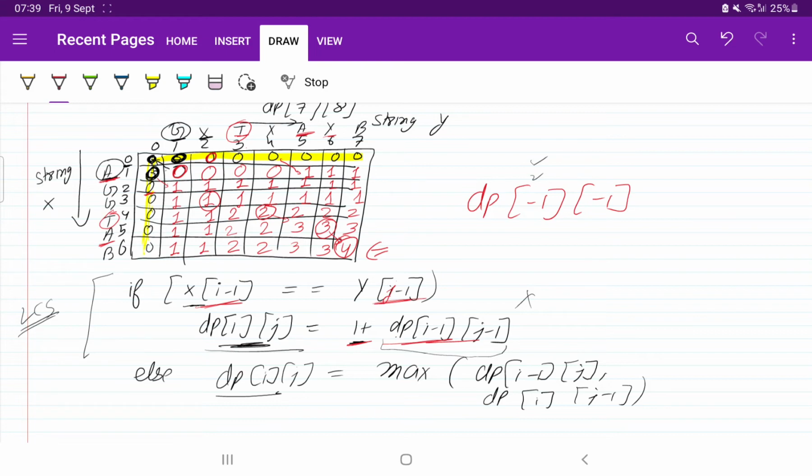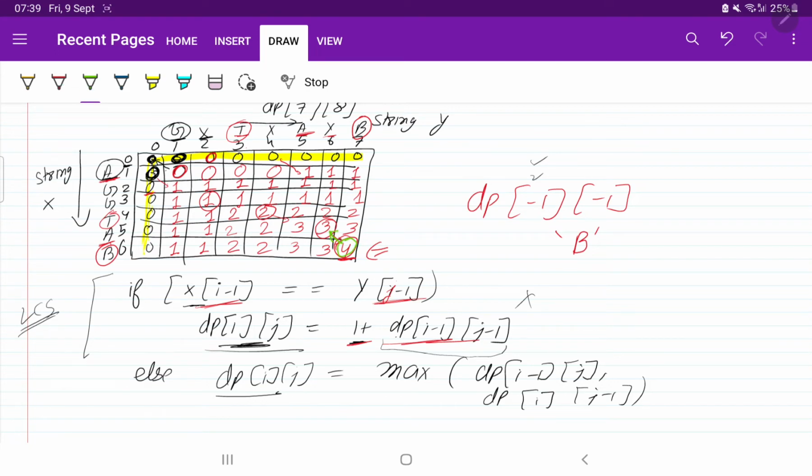So what we are going to do this time, we are going to start traversing from back. Okay. Not back, we will tell you how we were writing the solution. Okay. So we will start traversing from back, and we are going to see if B and B is equal. If it is equal, then we are going to add B, and from where we have come, we will go back a step. Okay. So let me change the pen color.